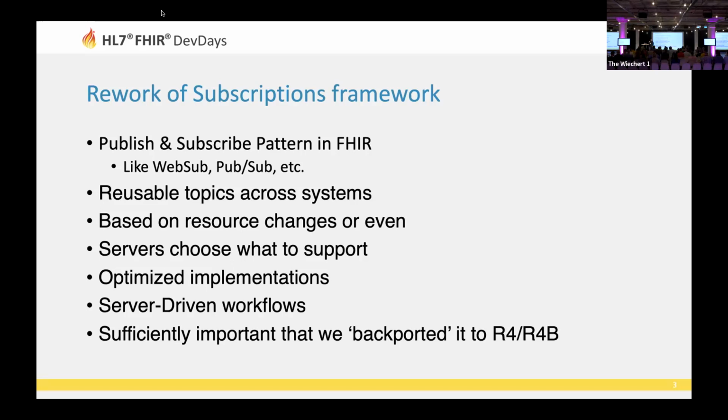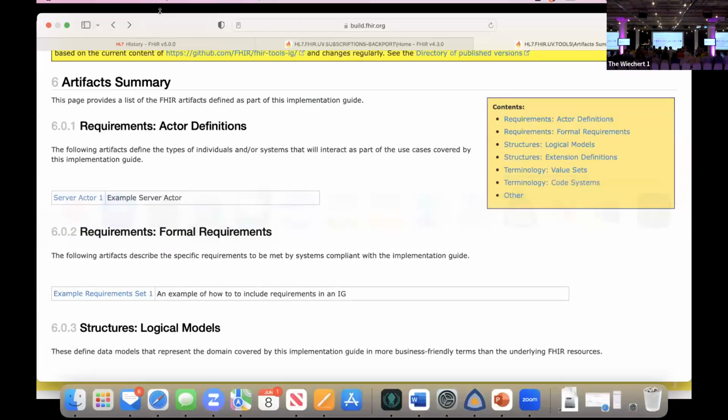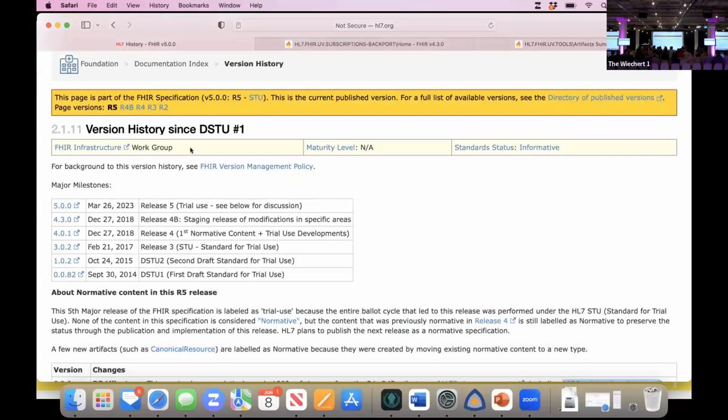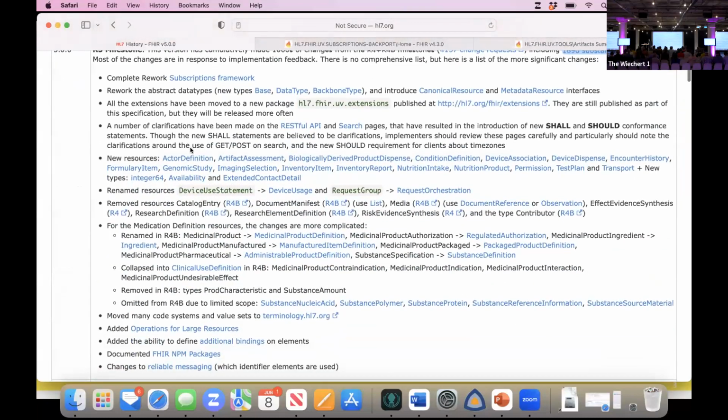Tomorrow, I'm actually going to talk about release 6 and where we're going, what our agendas are going to be, what our priorities are going to be. But release 5 for me is a transition from the preparative process to the finalization process for FHIR. So this list is taken from the change list that I prepared for the specification in the history page, which is published as part of the specification, the milestone changes.